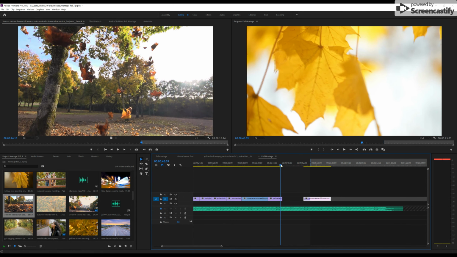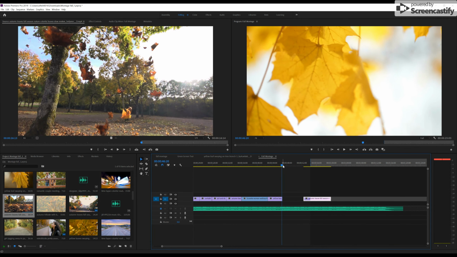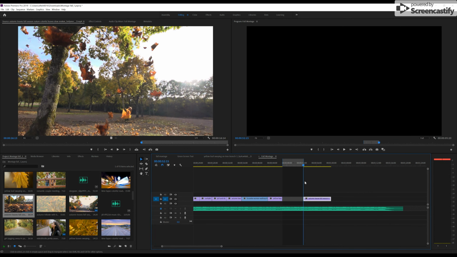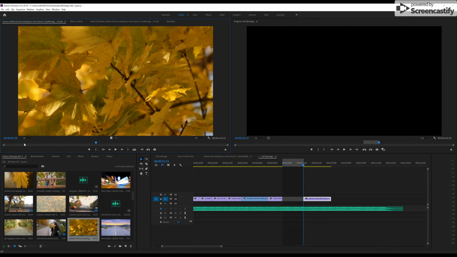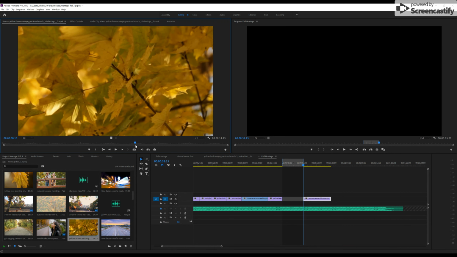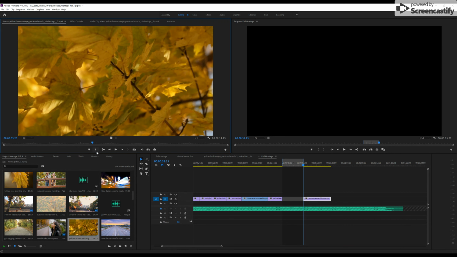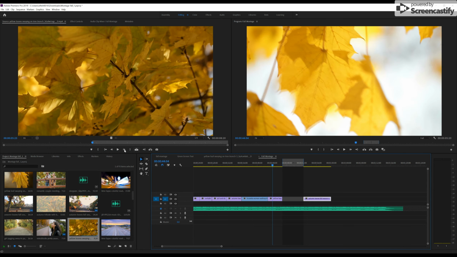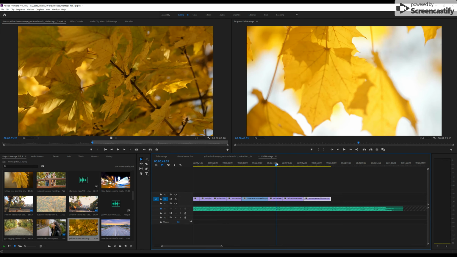Then I have this little section to fill in. So I'm going to do an endpoint where I want it to start. So I'm using my arrow to make sure I'm at the beginning, and then I arrow over, and I have my end, and then I just have to find a shot that will work in here. So what if we just use, we're staying with the yellow. She's in yellow. Let me go to yellow, and let's go here. And then it overwritten into that little section that